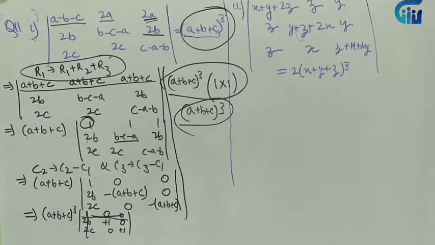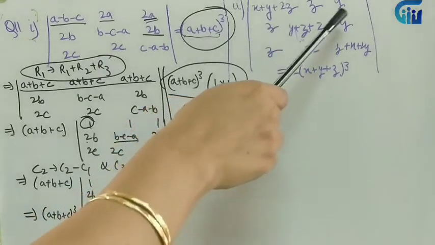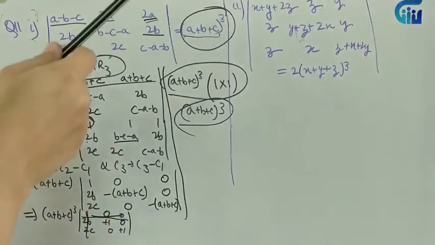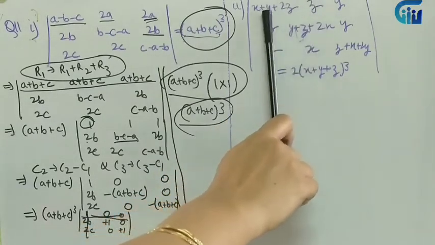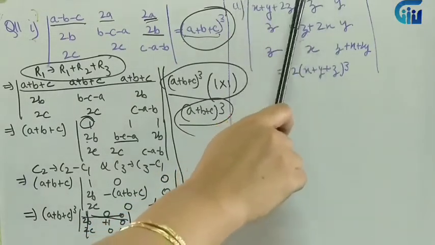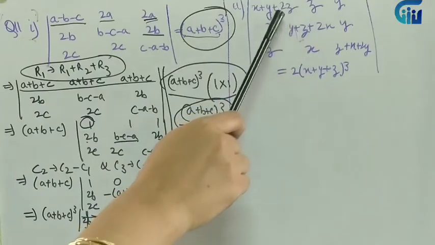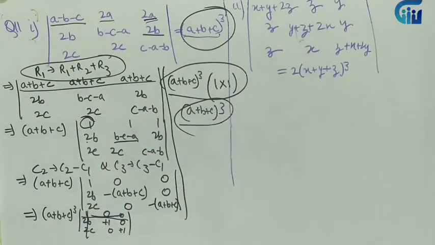Now next, if I observe the second part also, everybody will try exactly on the same lines. Again, you will keep certain things in mind. The way we approach this particular question, can I take anything common? No. If I add up along rows or columns, am I getting certain things the same? So over here, if I add along column, I'll get twice of all the terms. I'll get 2x, 2y and 2z.